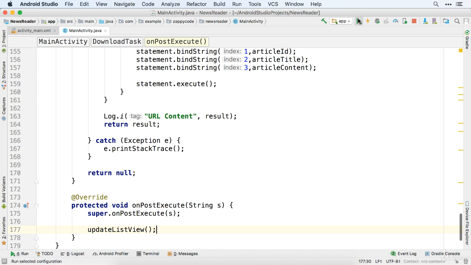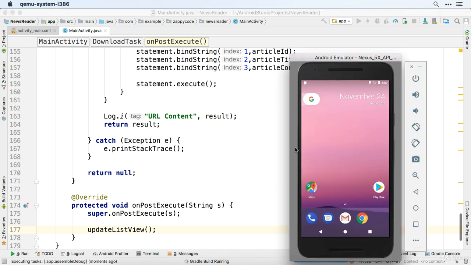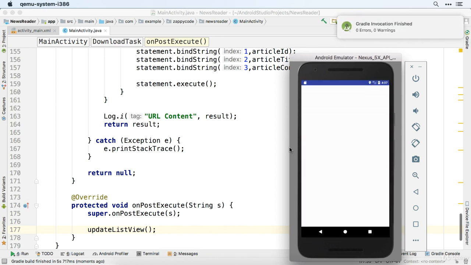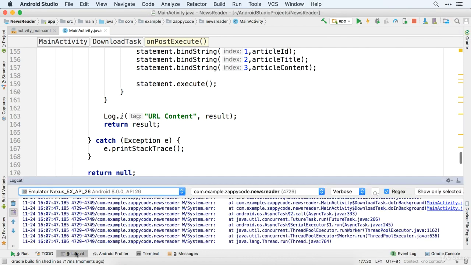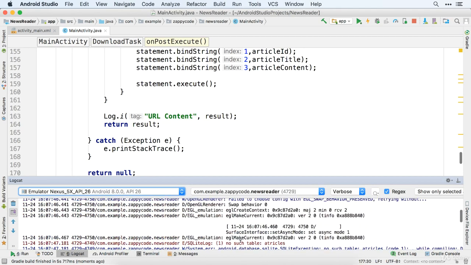So big moment of truth here. Let's go ahead and give this a run. Like I said earlier, this will be a little bit tricky because there's so many different articles it's got to go out and get. So it's going to take a little bit of time to get that information. But and let's see,